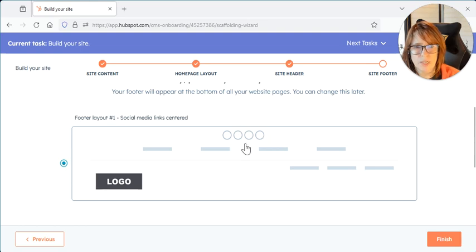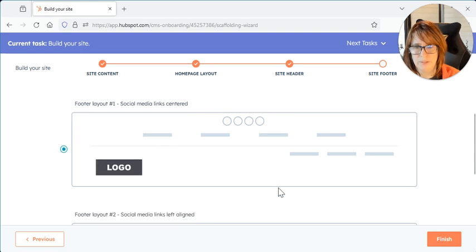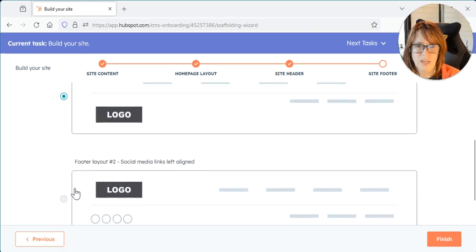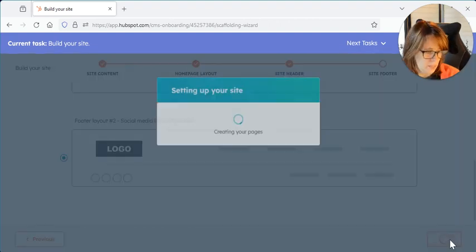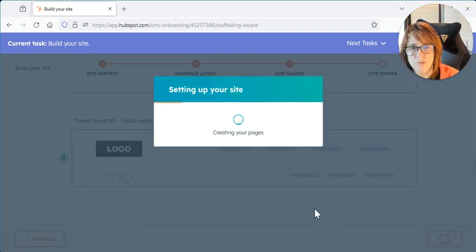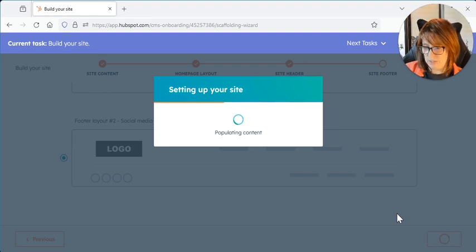So social media links, and then some clickable links, and then the logo on the bottom. I kind of like the smaller version more on this one, so I'm going to take that, and then I'm going to click finish. And now it looks like it's creating my pages, and all I really need to do is work on copy,